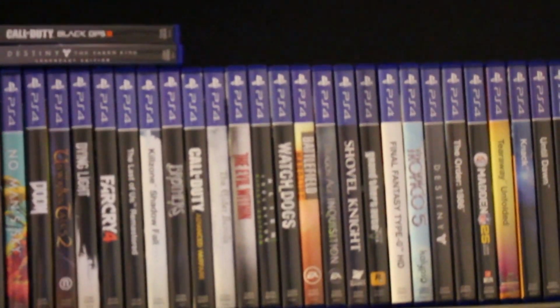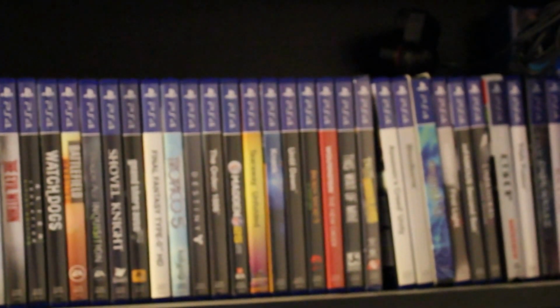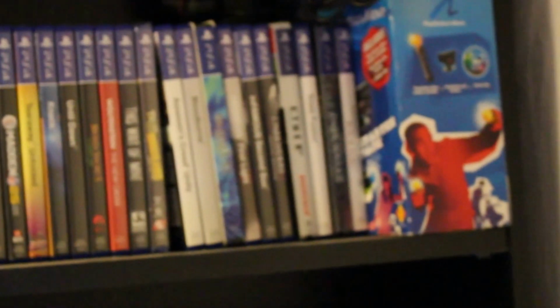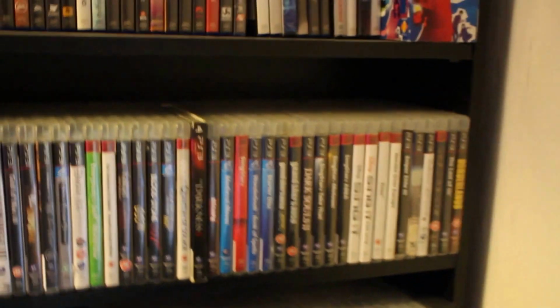This is all the PS4. So this is all the newer stuff then. It's all your PS4 and your PS3 Move controllers, which work on the PS4, so they very nicely work with the VR. You know, straight away, perfect. These are all the